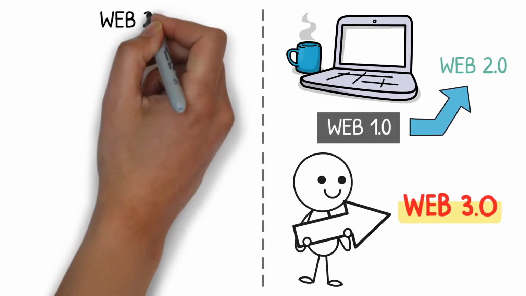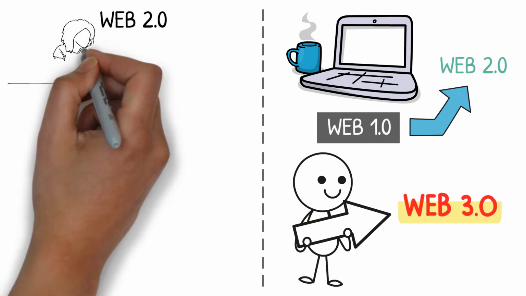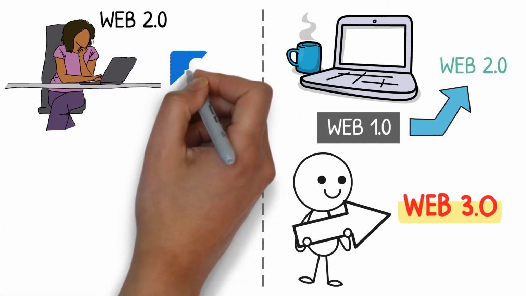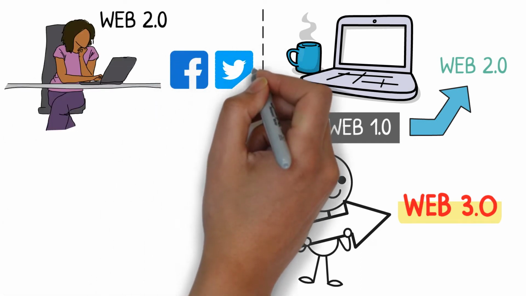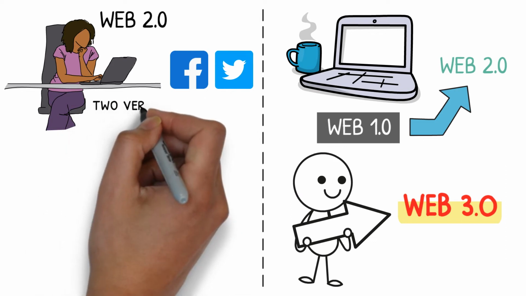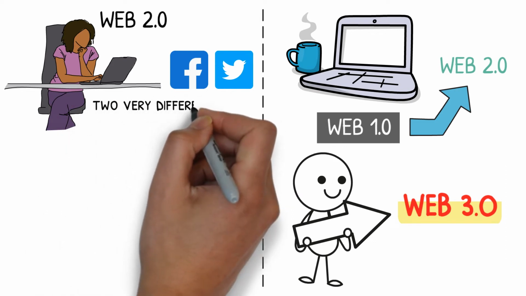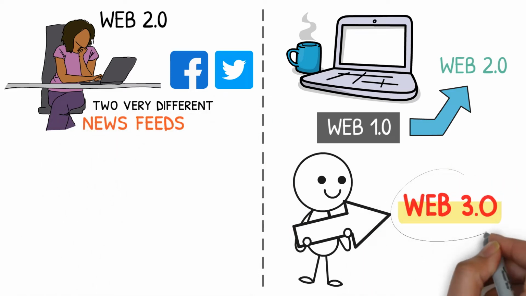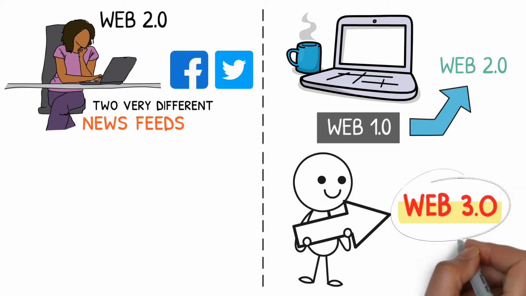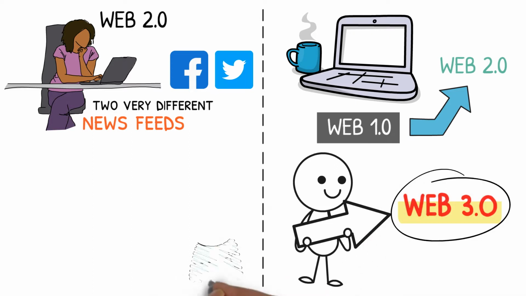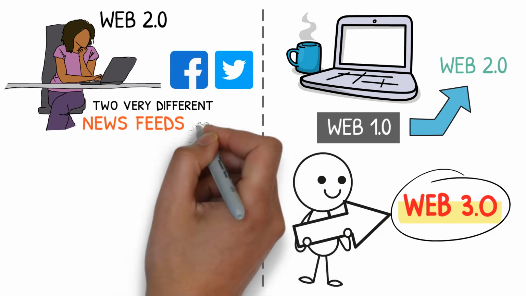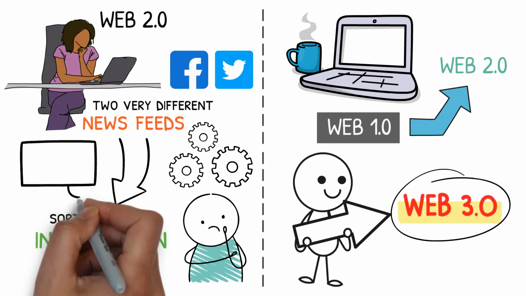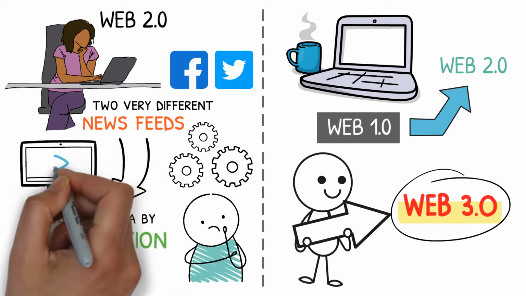Web 2.0 is the era of targeted advertising and the erosion of consumer privacy. To be fair, we willingly gave up this privacy for cool apps like Facebook and Twitter. In Web 2.0, you and I could both view Facebook.com and see two very different news feeds, because the page depended on who was viewing it, which is an important note for a difference in Web 3, which we'll discuss in a minute. The content on your feed is the company sorting data by information that you know you gave them, like the likes and how much you watched a video.